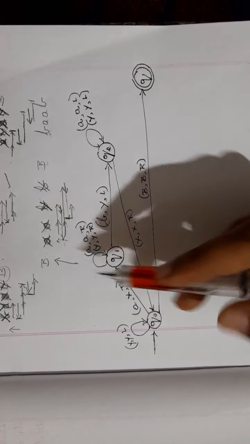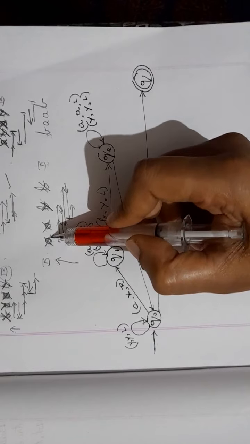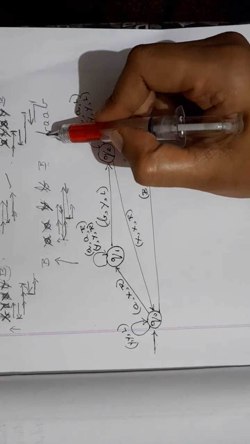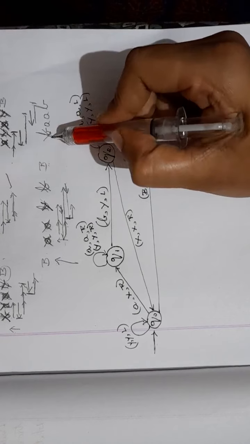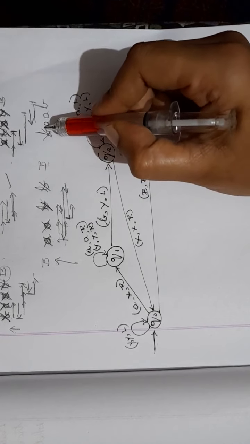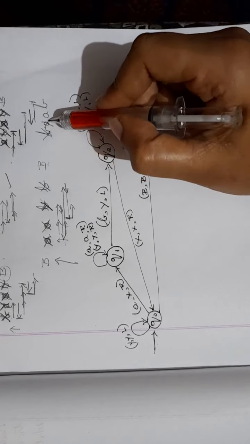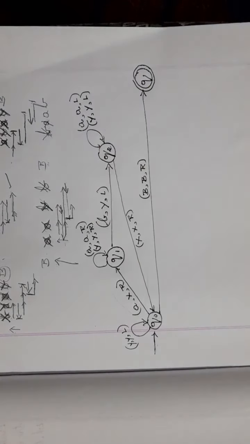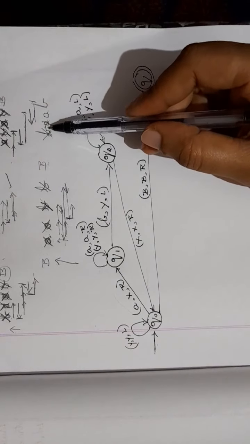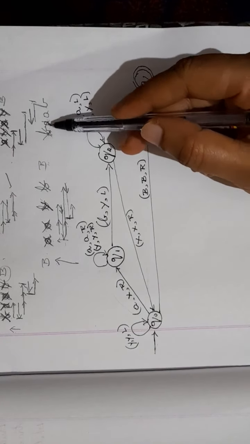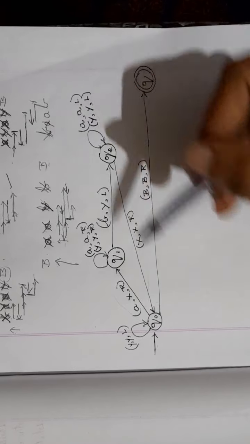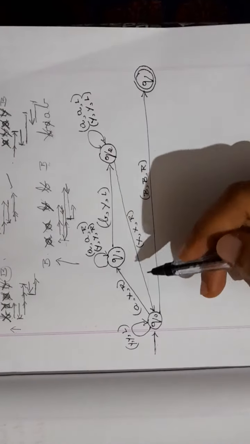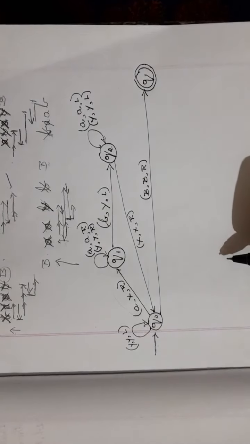The only thing is here first A you change to X. Here I am reading B. So if I am reading B, I will change to X. For every B, I will change A to Y. Next, after changing this, once again I have A. So A will change to X and B. So this will continue. If you want, you can take this example and by traversing each and every character, you can draw it again. So the simplest step is whatever you have here, the same thing you draw it here with respect